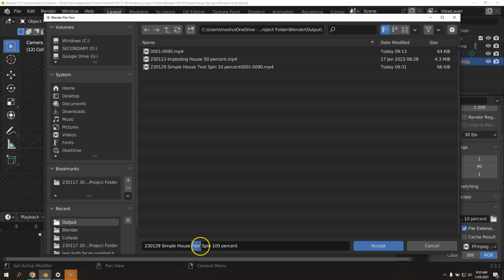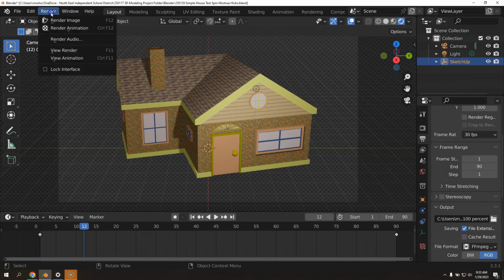And it's not really just a test. This is the actual 3-second spin. So I also like to put 3-second spin, just because I'm going to have a lot. So let's keep that straight. When I accept this and render it again,